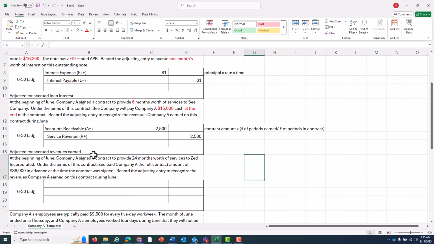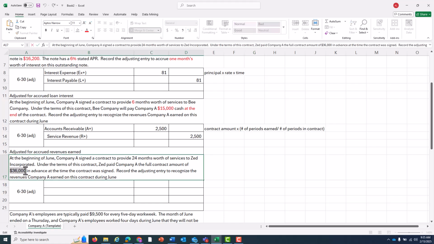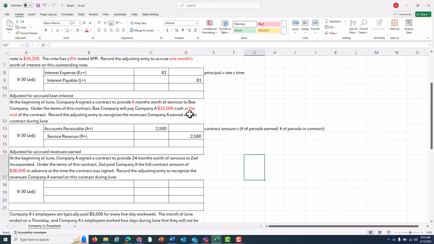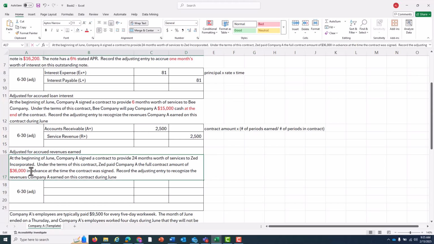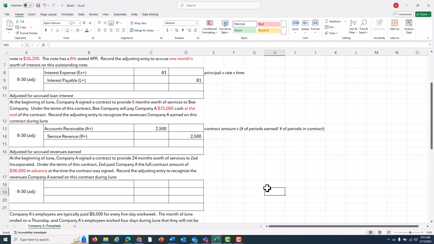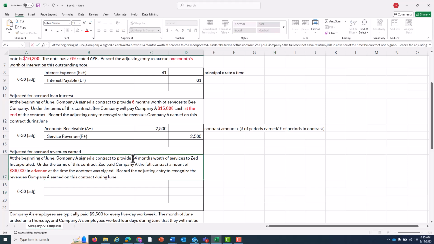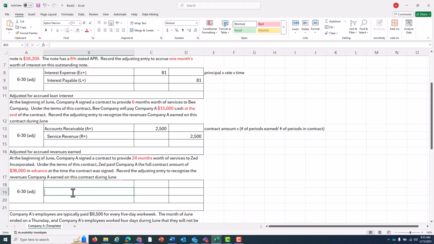Let's grab the same points that we did up above. The contract amount is $36,000. When did payment happen? This time we got it in advance, which means we were paid before we provided any service. And how long are we now obligated to provide the service for? The terms of this contract stated it's for 24 months. So we are going to recognize